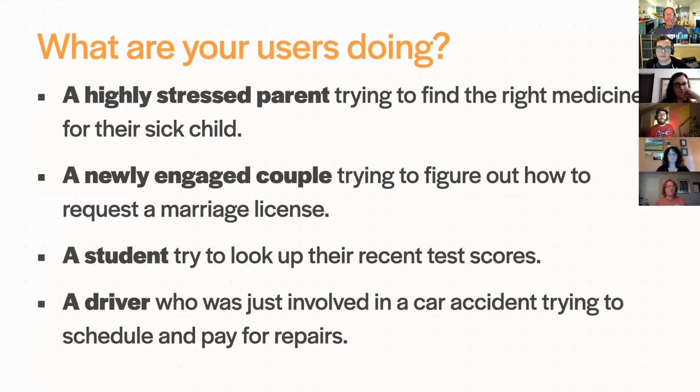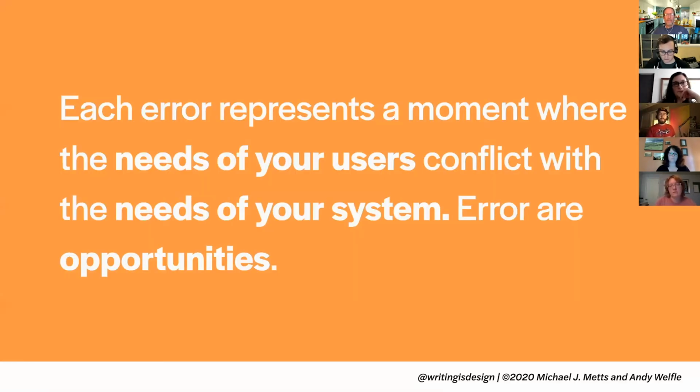So what I urge people to do when we talk about errors is to recognize what they are. Errors are moments in time where the needs of your users are conflicting with the needs of your system. They're trying to get something done. I have heard, unfortunately, people describe errors as moments where people are using the system wrong, right? I don't know if any of you have ever heard that before, but it happens, unfortunately, often. And that's a really harmful way to look at it, because if people are doing that, that should be a design challenge for the entire team to figure out how we can help people accomplish what they set out to do.